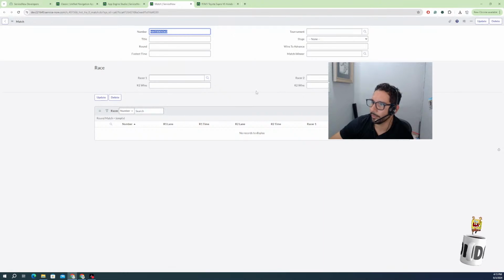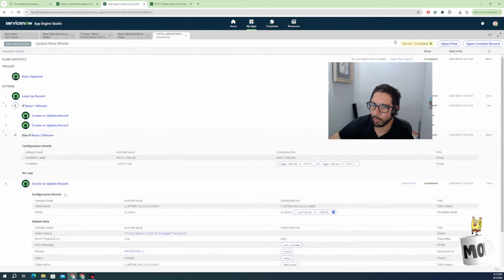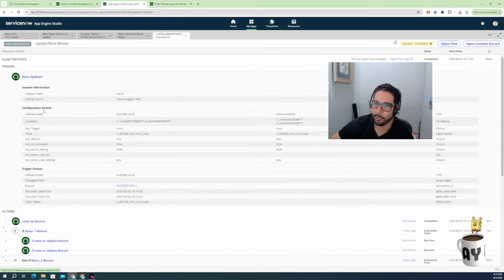Yeah, so this definitely is not gonna work. All right, so I'm not sure. This says create or update record. So yeah, we don't want that because we want to update the same record. I think I made a mistake with that too. All right, so let's go ahead and